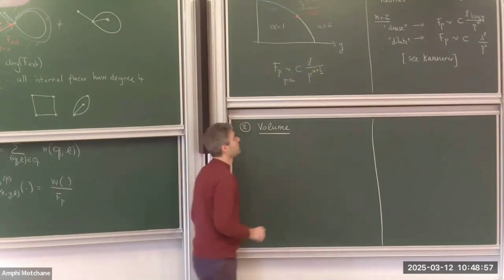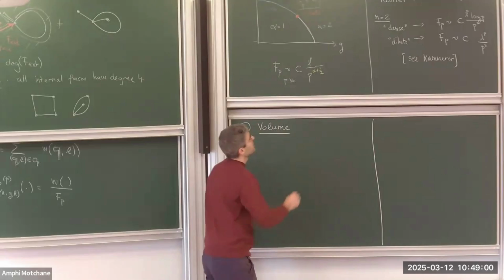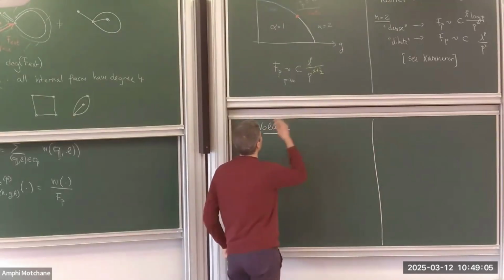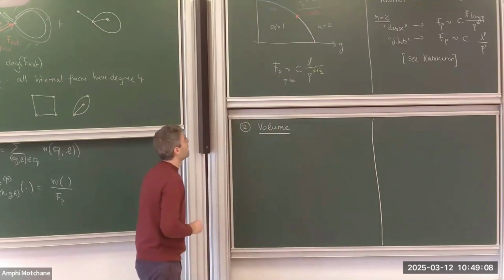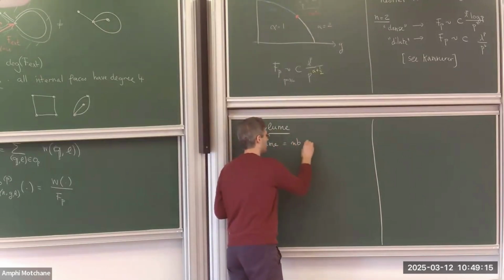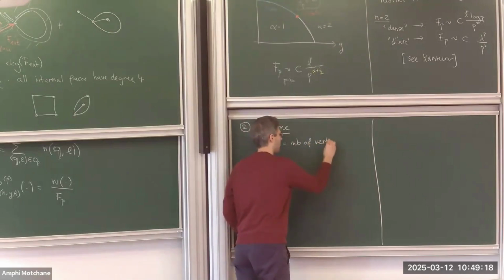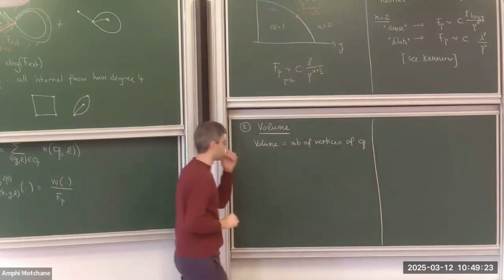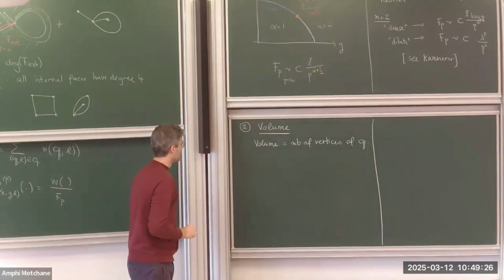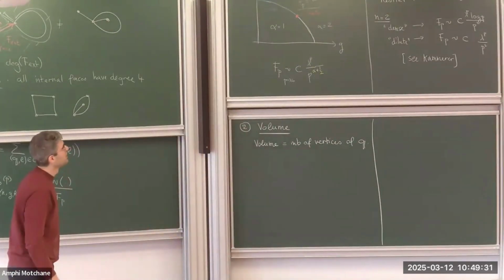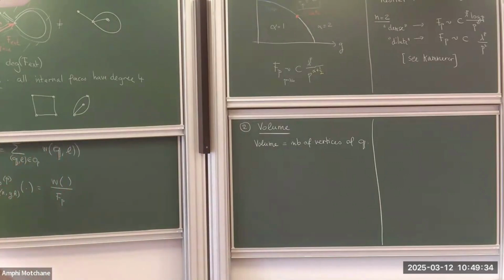So as I said, I'm going to restrict to the critical non-generic case where I have this special exponent alpha giving the behavior of the partition function. And I'll define the volume of the plane map as the number of vertices of this quadrangulation. And so the question is, if you start from fixed perimeter P, as we define this probability measure,